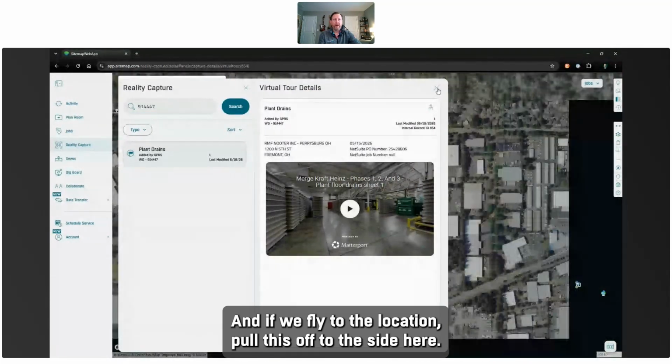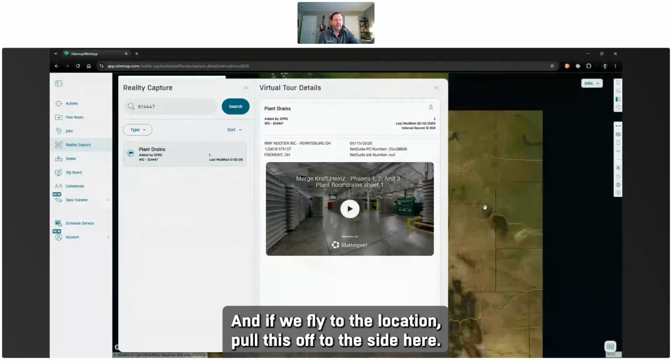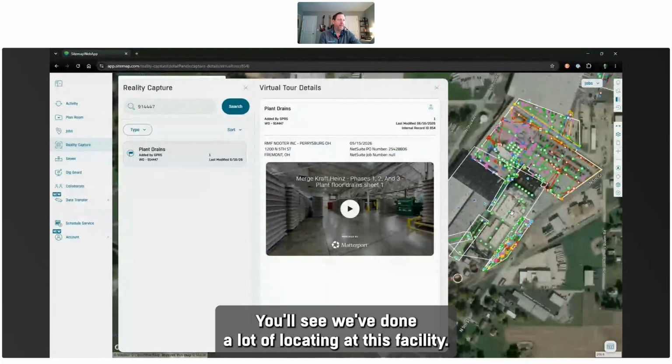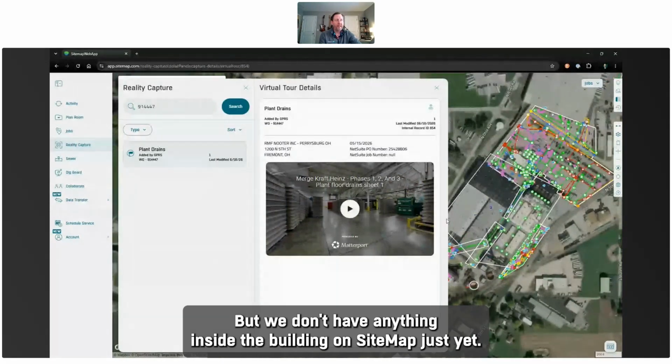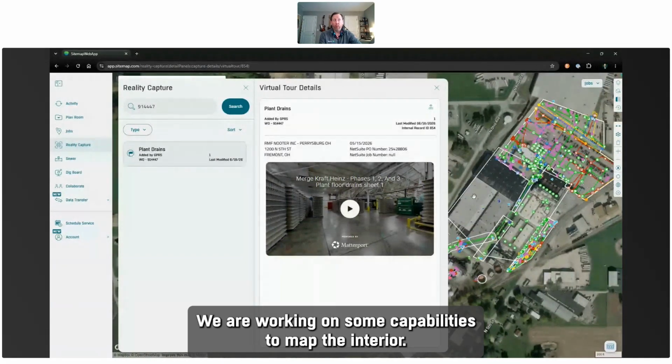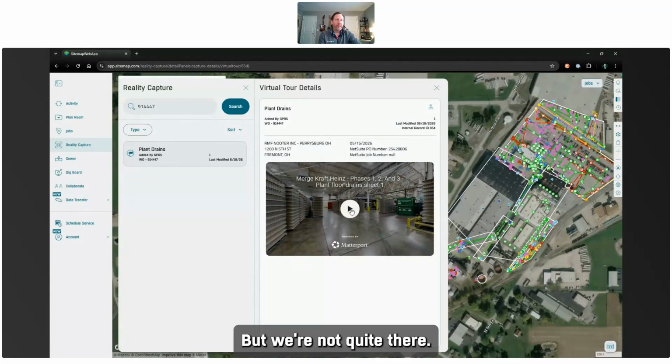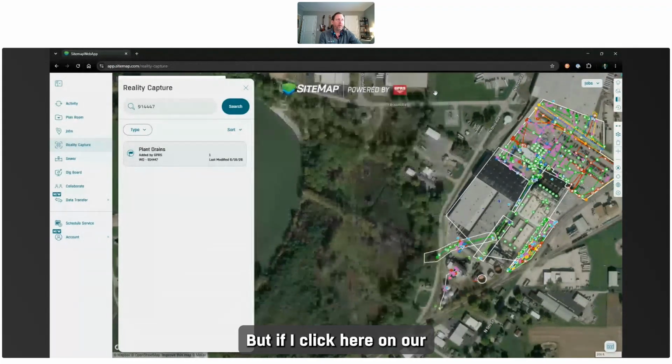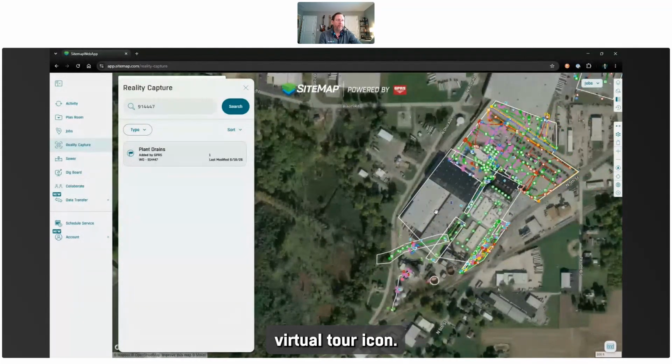And if we fly to the location, pull this off to the side here, you'll see we've done a lot of locating at this facility, but we don't have anything inside the building on SiteMap just yet. We are working on some capabilities to map the interior, but we're not quite there. But if I click here on our virtual tour icon,